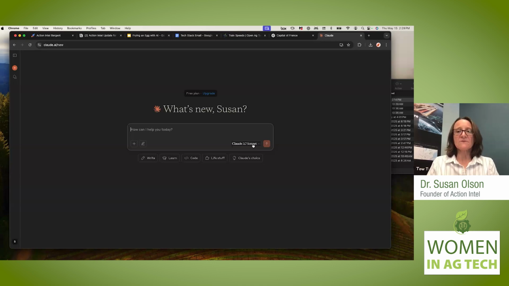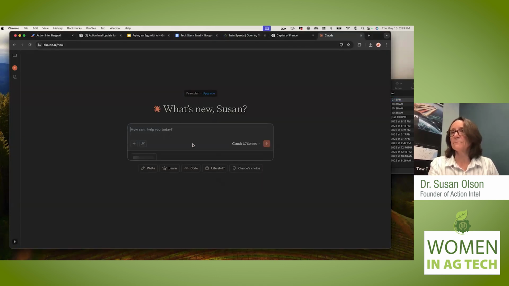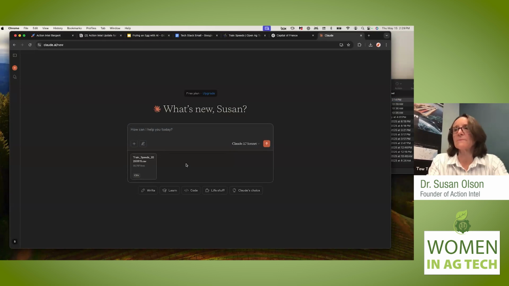In other words, I give it a document, let's say a list of MSDS, material safety data sheets, and I want it to put together some sort of summary about the environmental factors for this particular chemical. Claude is really good at that. I think from a generalist perspective, let's say we use Claude for predictive analytics, train speed. So I'm going to upload this and I'm going to say,